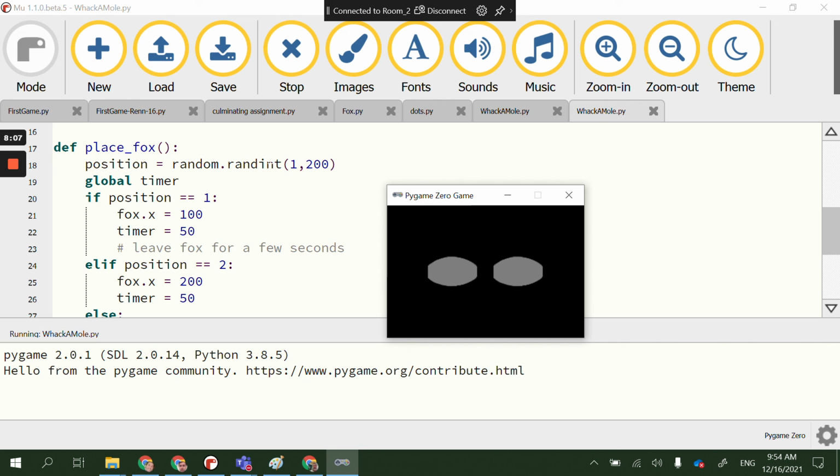Oh, yeah. Yep. So we've now basically got our fox appearing randomly at a more reasonable time frame. All right, so that's tutorial number 2, and I'll stop that, and we are off on